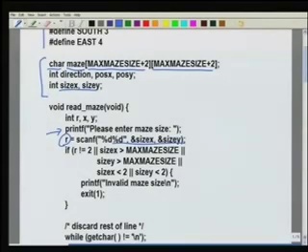So if the value of r is not equal to 2, that means he did not really enter two integers, and therefore an error message should be printed. Or if the x size or the y size is more than max maze size, then the size he has specified for the maze is too large and we can't handle that, so again we should give an error message. Or if the maze size in either direction is too small, a maze of size less than 2 does not really make sense, then also we should print an error message. So in any of these circumstances, we print this error message that the maze size that was entered was invalid,